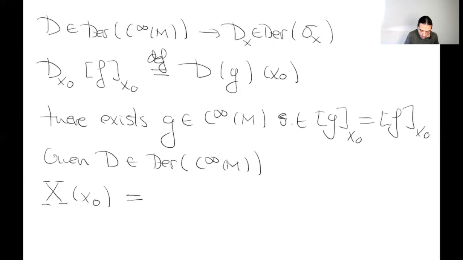So this is going to be D sub x0 when we consider this derivation as a tangent vector. Right? Okay. And what we have to realize now is that in this way we obtain a section of the tangent bundle, but this section is indeed going to be C-infinity,